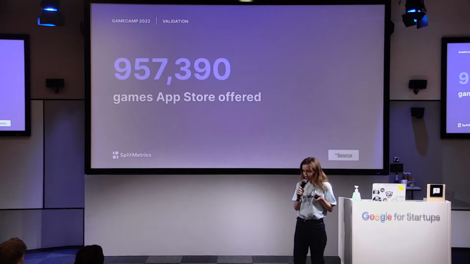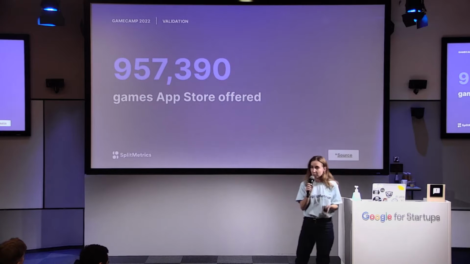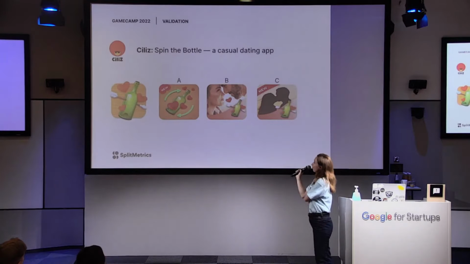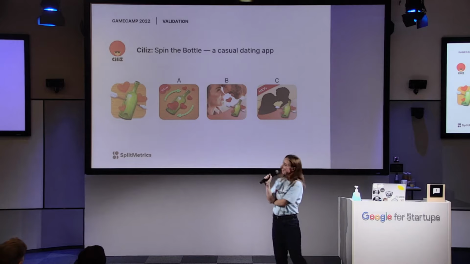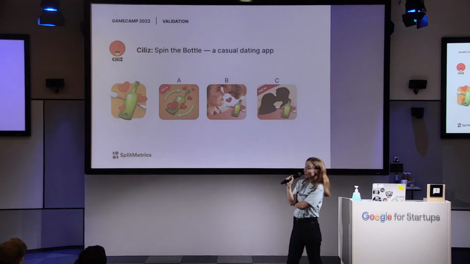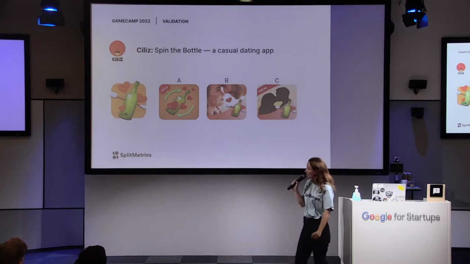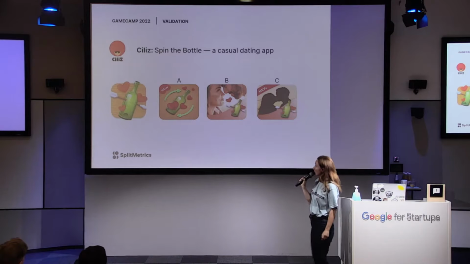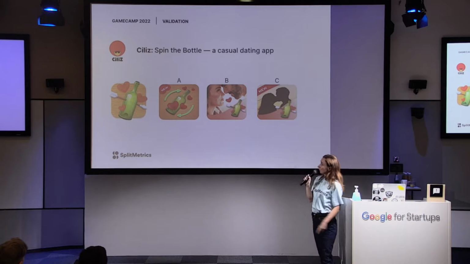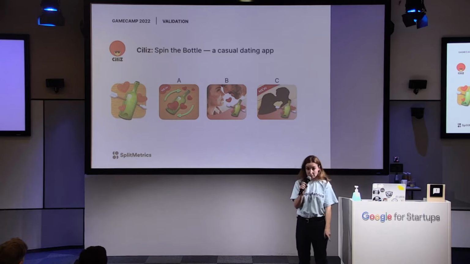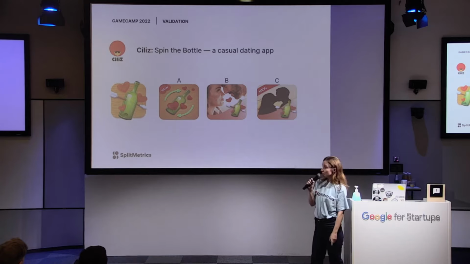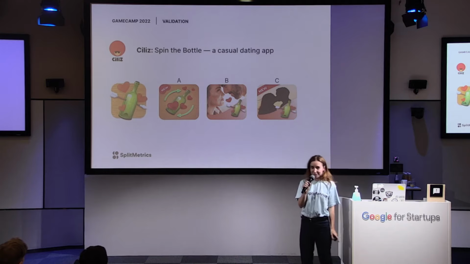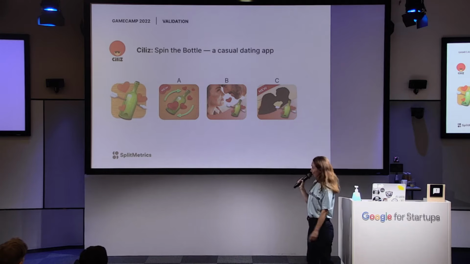And to illustrate how A/B testing could help you, I have a little puzzle for you. I know you like that games. It's our case study. Our recent client was running an A/B test with us. You see the current icon with the bottle. It's a dating app, and they were running an A/B test trying to understand how to improve the icon. So let's play a little bit. What do you think?